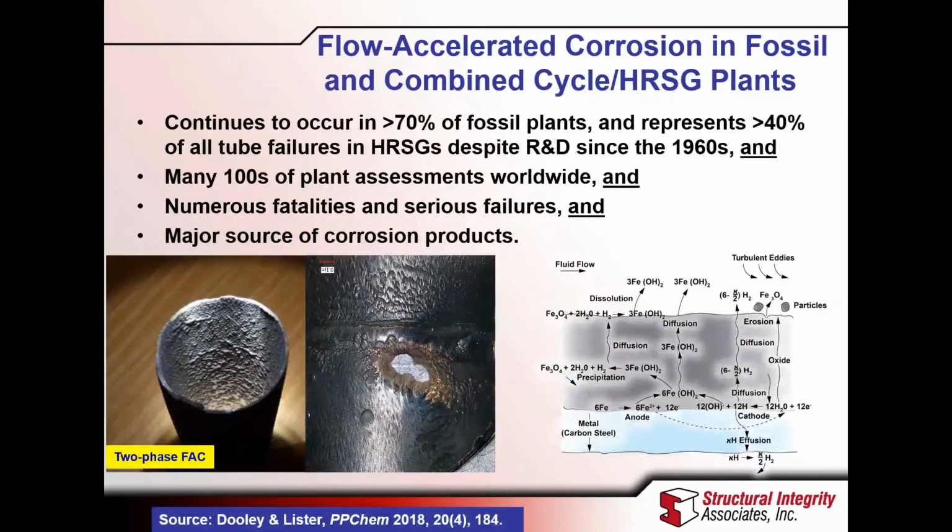So there are 3 slides now. I'm not going to take too much time on them, just to show them to you, to illustrate that last slide. First of all, flow accelerated corrosion, and we find that this represents something like 40% of all the tube failures in HRSGs. I have to say that we don't know that exactly because there are no statistics, but just based